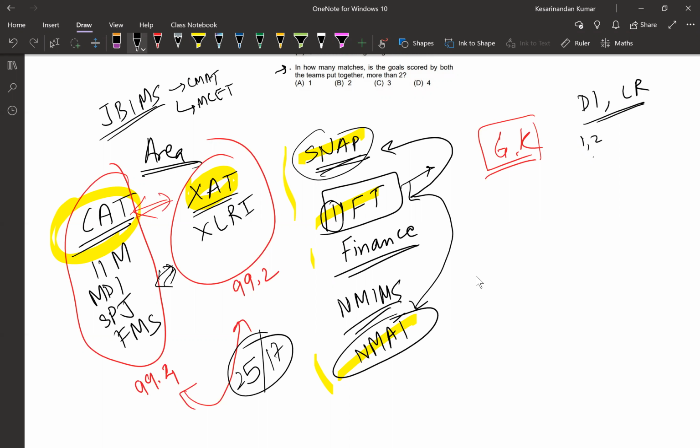GMAT is your comprehensive test. It balances the level, because a lot of people give it across all the world, and you have to maintain the difficulty level of all the papers. So you need some algorithm to maintain the difficulty level. Hence, if you get a tough question, after one or two tough ones, you can be pretty sure that easy questions are on the way. You can't comment that about CAT. That is the major difference, I would say.